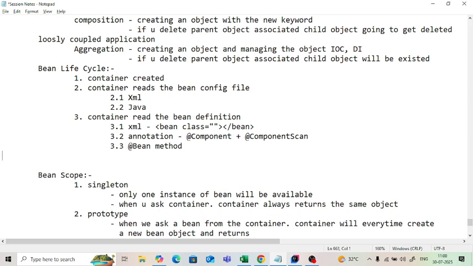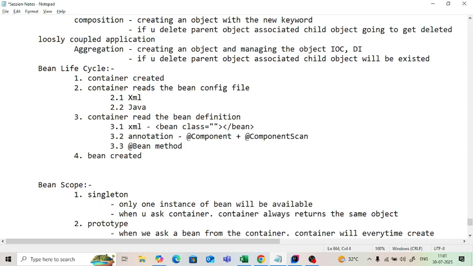Okay. So what is the next one, everybody? The fourth step: the bean gets created. What do you see in the bean definition? What are the beans you have asked to create? The bean is going to get created, guys. Are you okay with this? How will the bean get created? The container will read the bean definitions